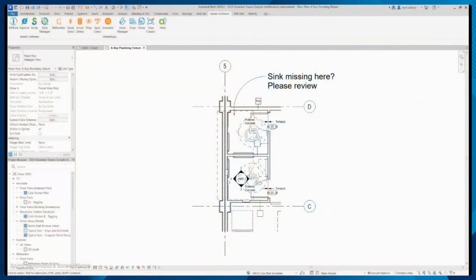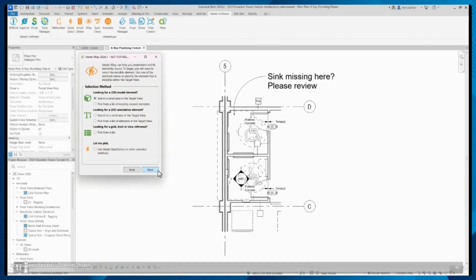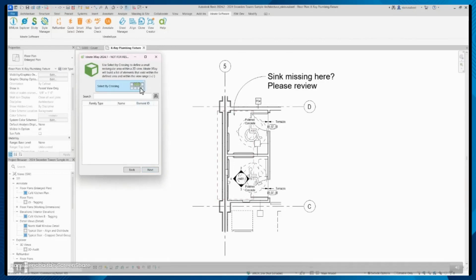This is because there are not only 50 unique visibility conditions, but also a hierarchy, which this tool enables you to learn about and resolve. All right, so here in this demonstration, we're gonna search for a sink. We know there's a sink here, but it is missing. So we're gonna go ahead and go to Ideate XRay, and we're gonna select the first model to search by